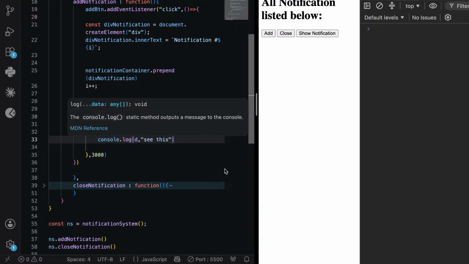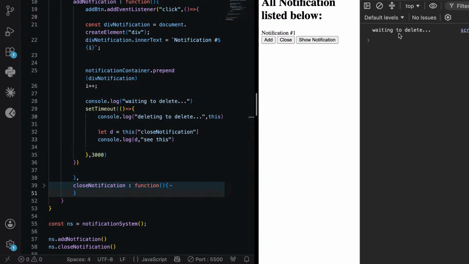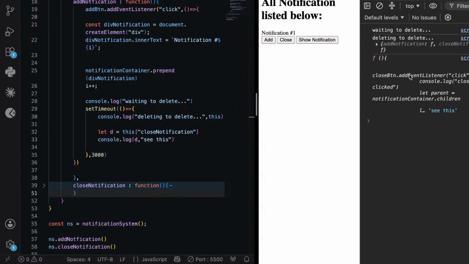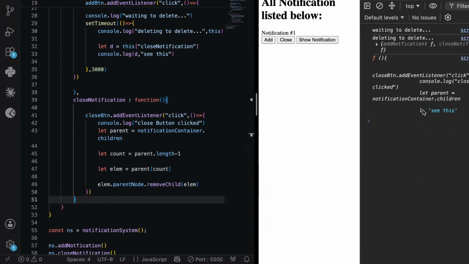See this, added waiting to delete after 3 seconds. Let's see this. We are seeing this, okay. And d is a function close button. You can see d is a close button, right? Okay, close button dot add event listener. It's actually the same function, right? D is the, you can see the highlighted,